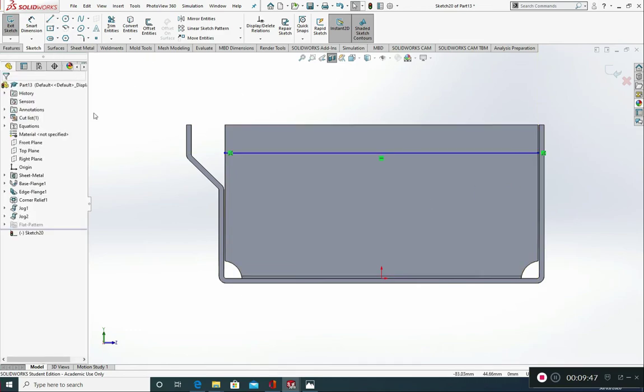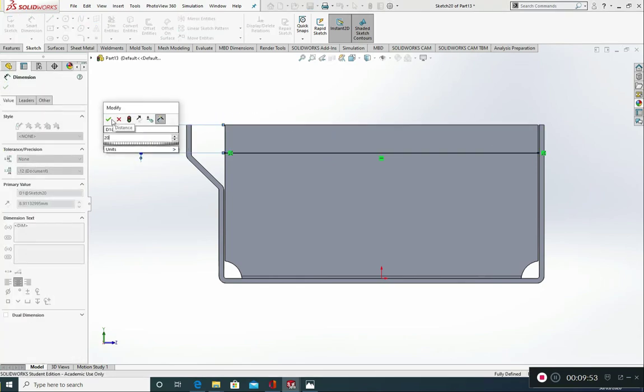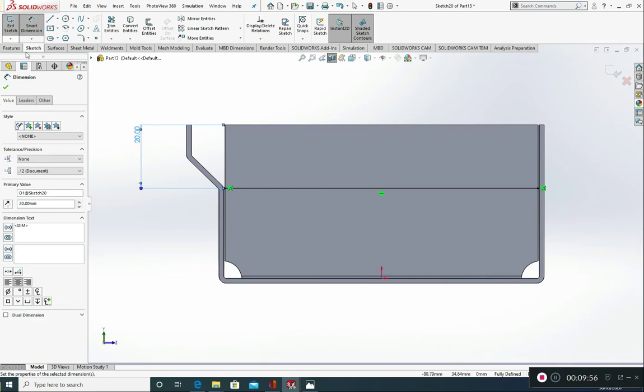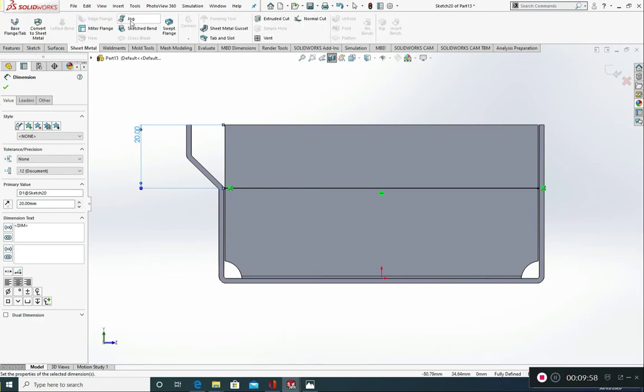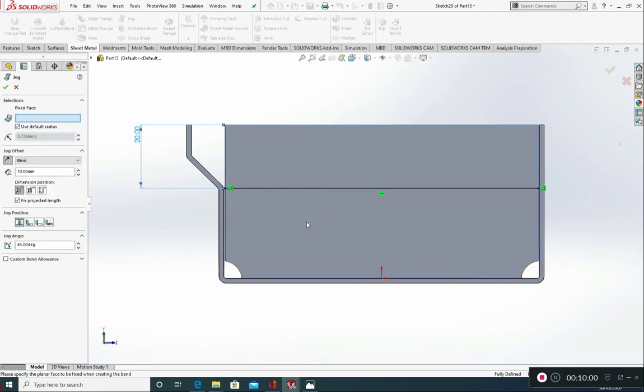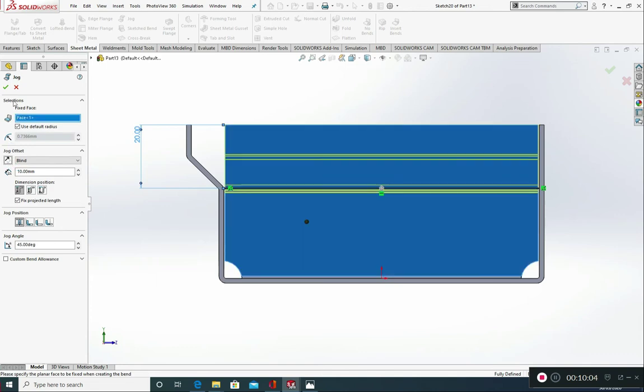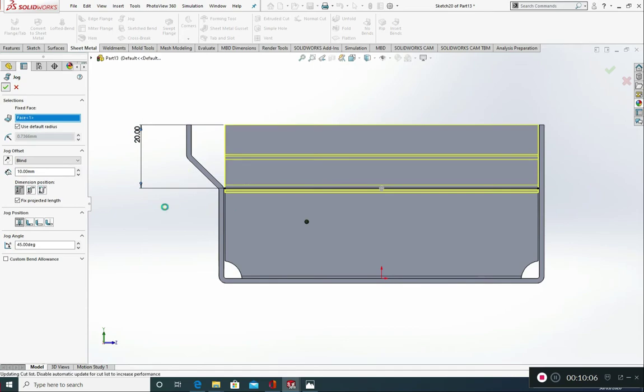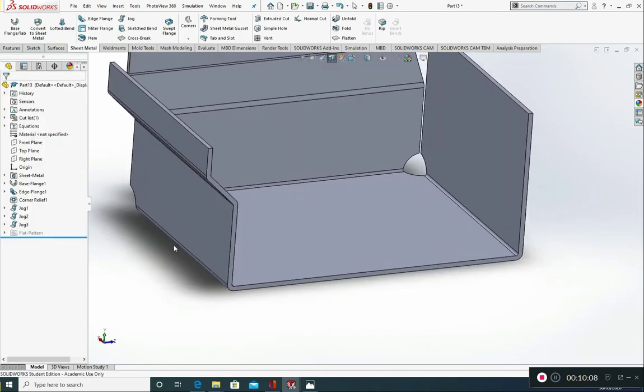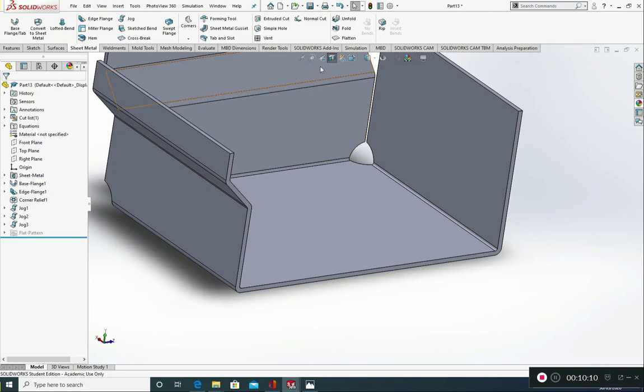I'm then going to go to smart dimension and smart dimension it from the top at a value of 20. Going to go to sheet metal, jog, keep this as my fixed face, reverse the direction, and green tick. And the final one, which is this one, okay, turn off my sectional view,